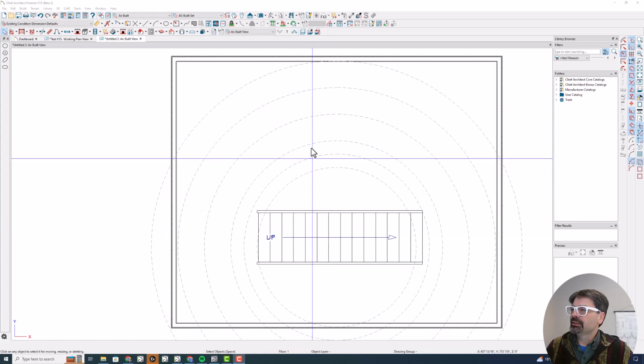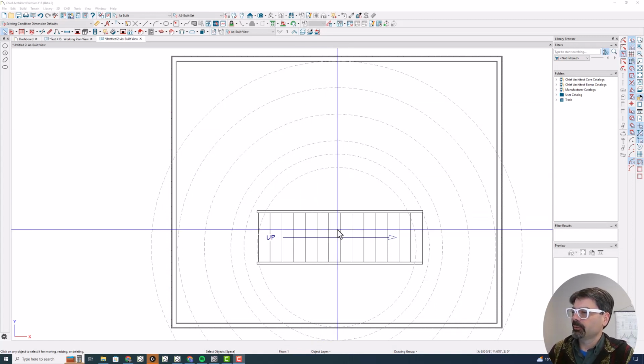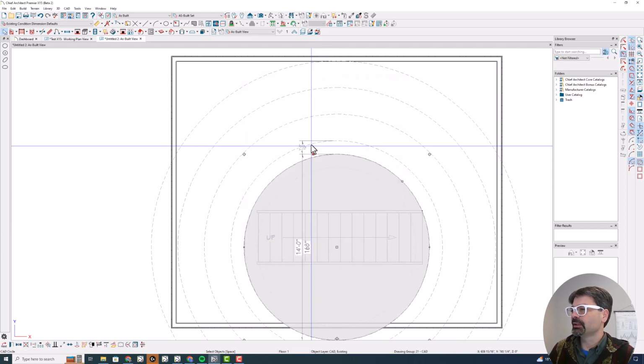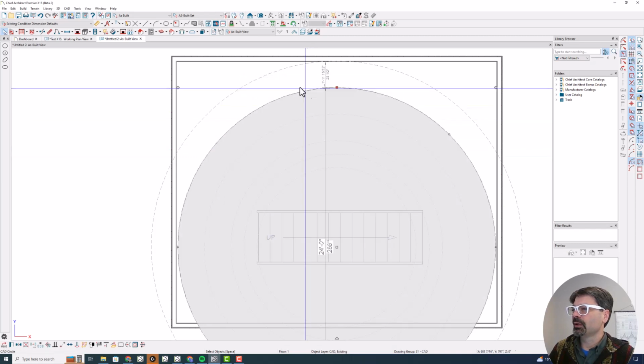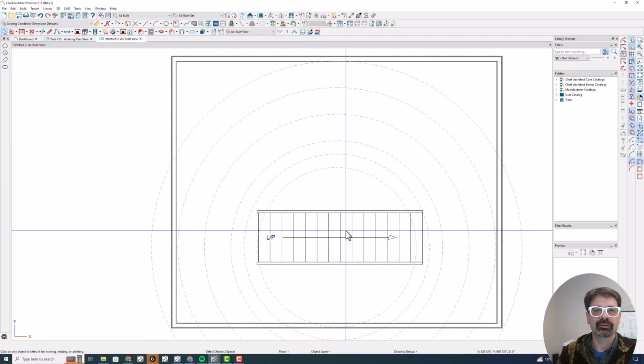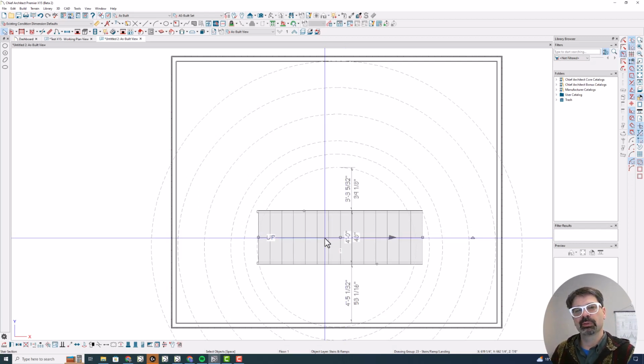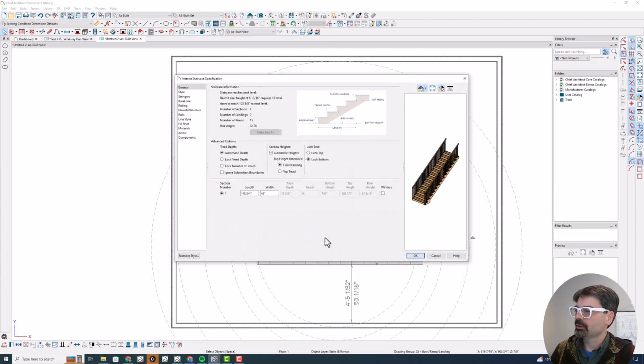All right, I've drawn some circles here that represent various radiuses, all the way from 6 feet, 7 feet, 8 feet, 10, 12, and 14 feet, and you'll see why I've got these here in a jiffy. A new feature in X15 is that we can control specifically in the stair system the radius of a curved stair. So when I open this straight stair system, it looks like our normal staircase